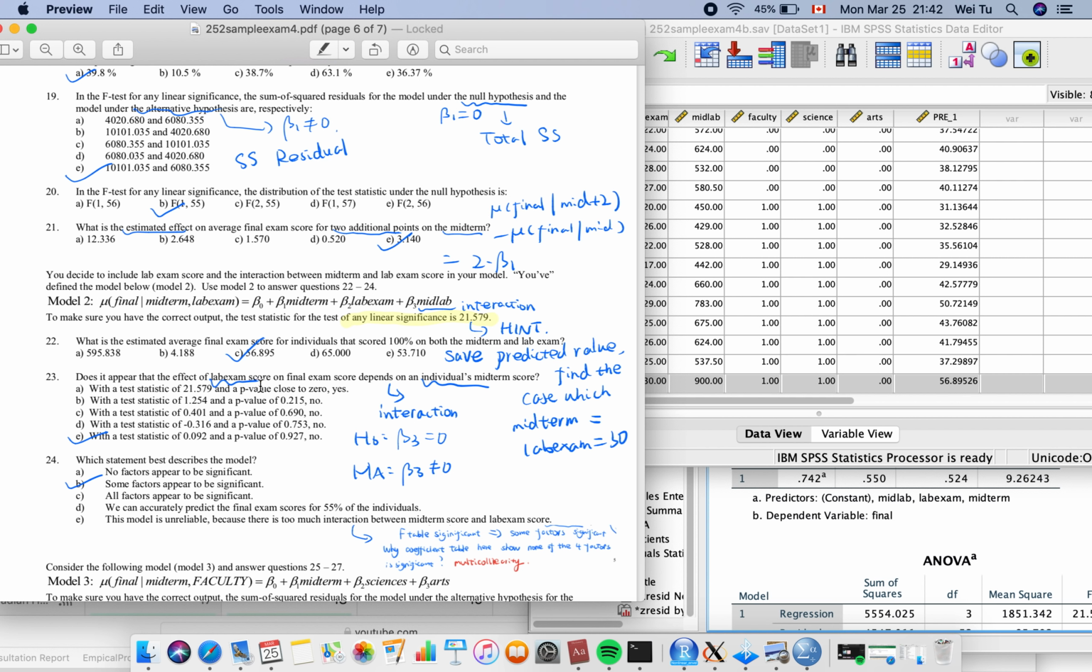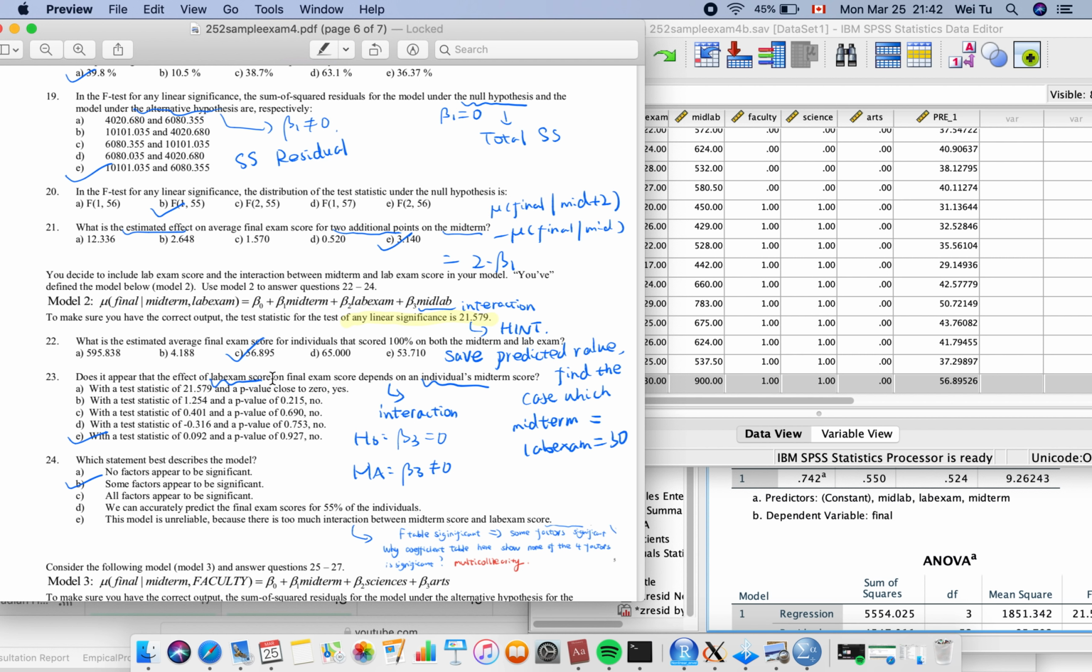Question 23 asked whether the effect of lab score depends on the individual's midterm. So this is looking for whether the effect of lab exam depends on midterm. Apparently this is looking for the interaction. The interaction term is beta 3. For beta 3, if you look at the coefficient table, we have a p-value for